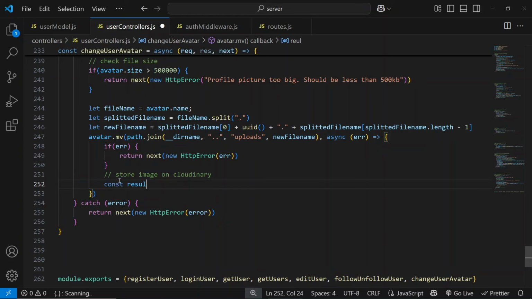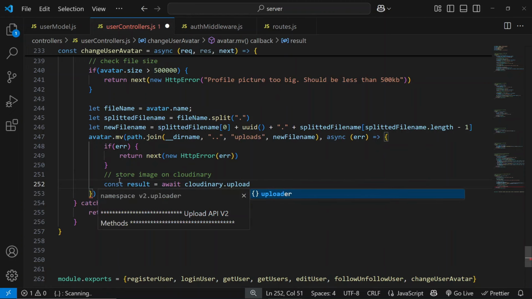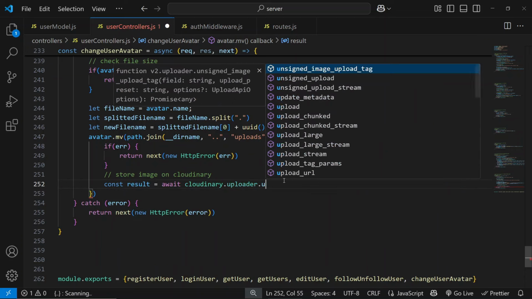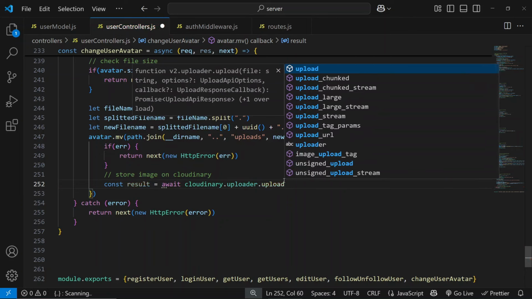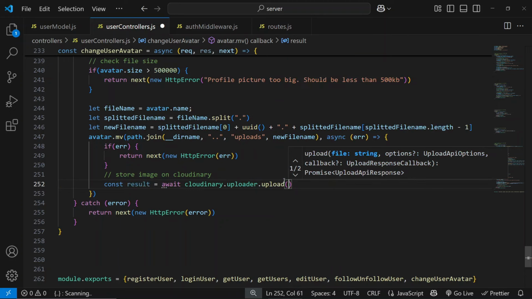So results should be equal to await Cloudinary. And you can read more about Cloudinary, of course. I'm not just typing. I know this from reading the documentation, right? So you can go ahead and look through the documentation to know how to upload files using Cloudinary or how to store files on Cloudinary. Okay, so with this upload method, we are going to have